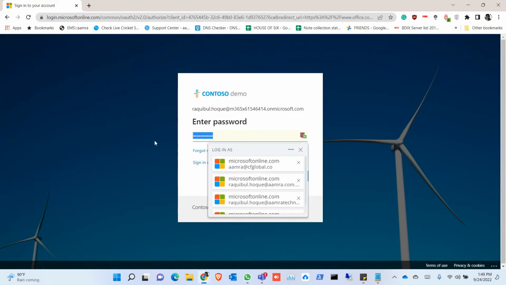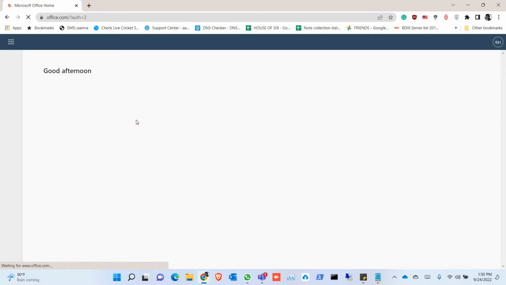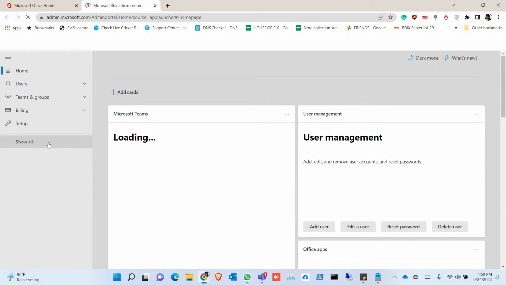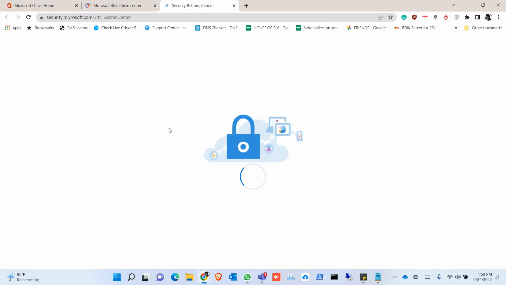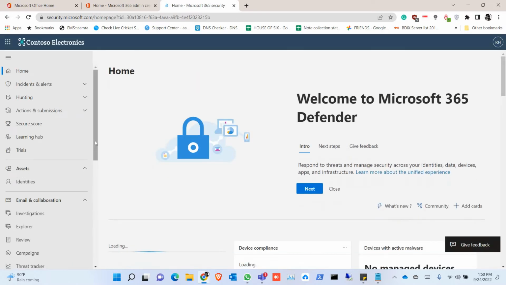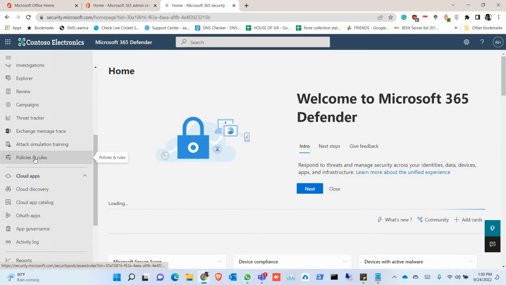To allow a domain or block a domain, you need to log in to your admin portal. Go to admin, click on show all, go to security, then scroll down, click on policies and rules,